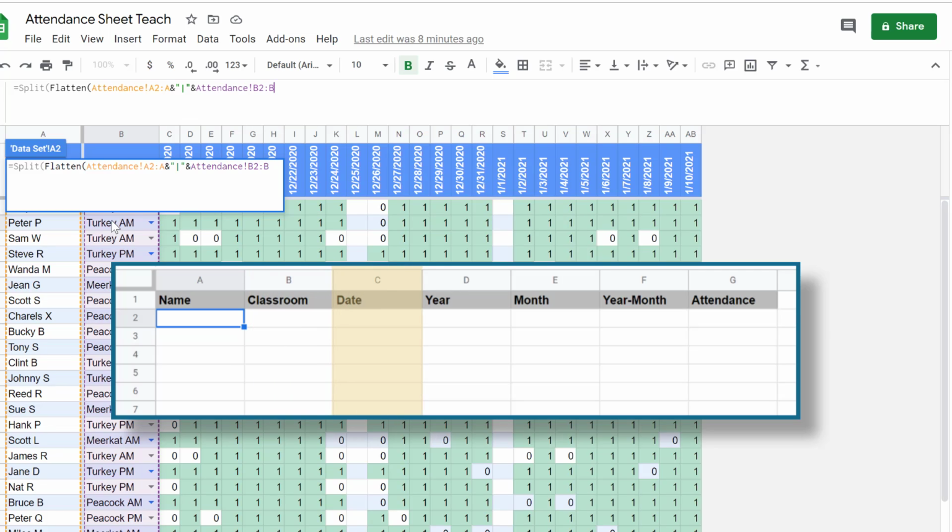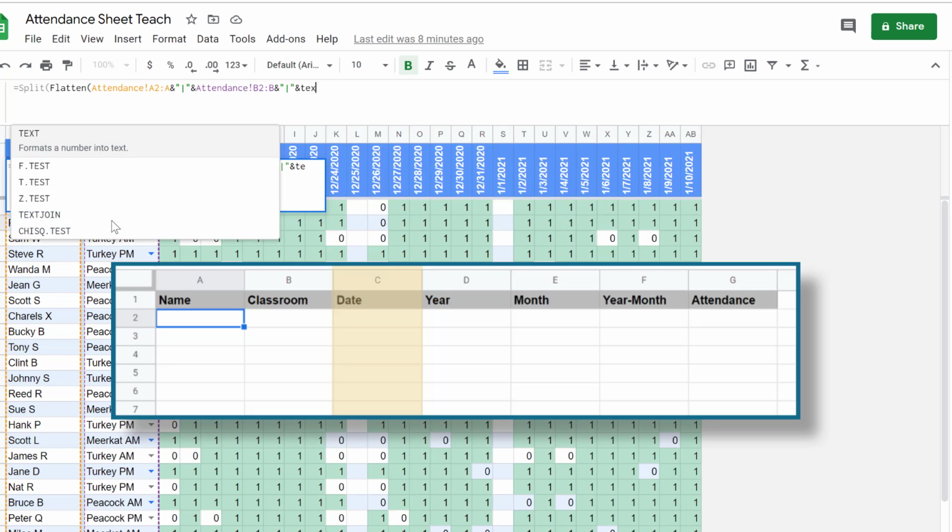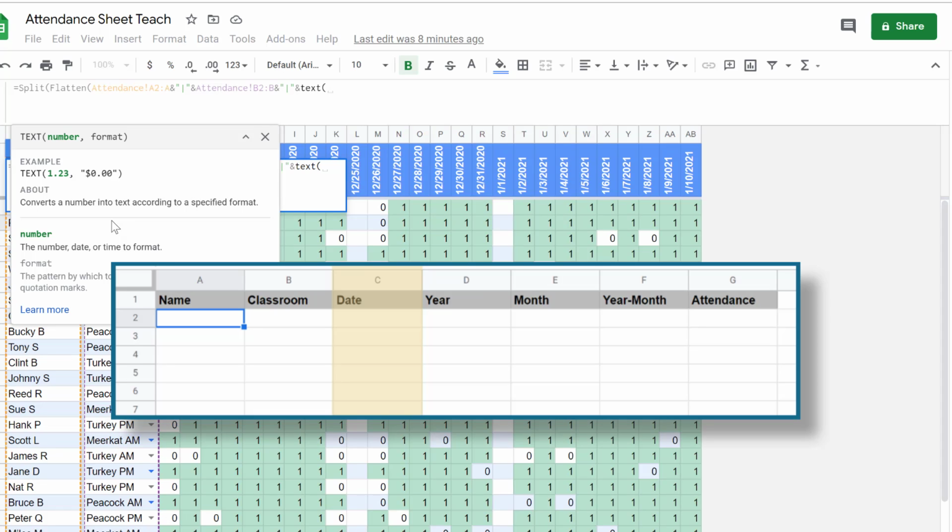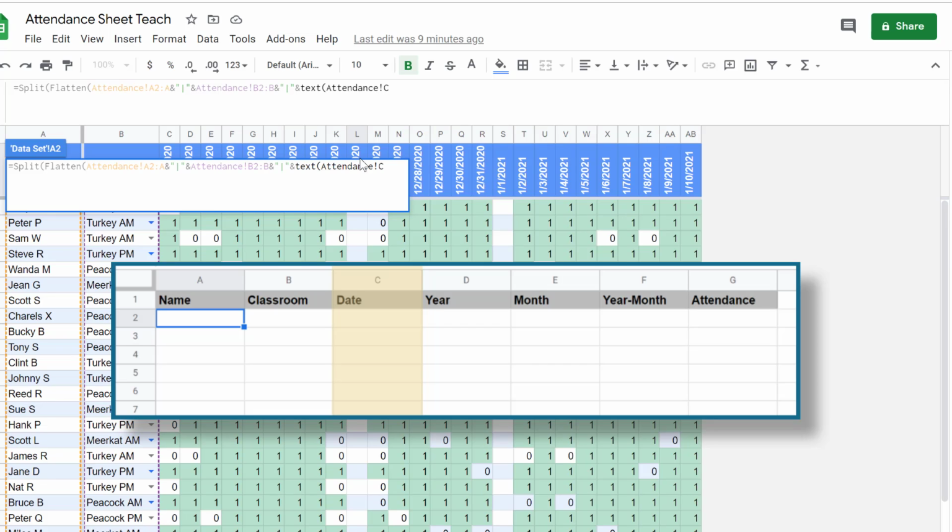So we're going to use ampersand to connect that information. Quotation, line, quotation, ampersand. We're going to use the text formula to help format the information how we want it to look automatically. Otherwise, we're just going to get the serial number of the date. So we're going to type in text, open parentheses. Our date starts in cell C1. So everything starting in C1, and look at everything just in row 1,